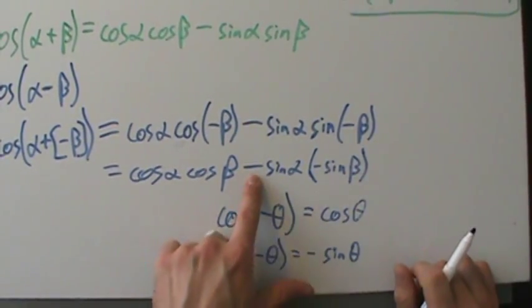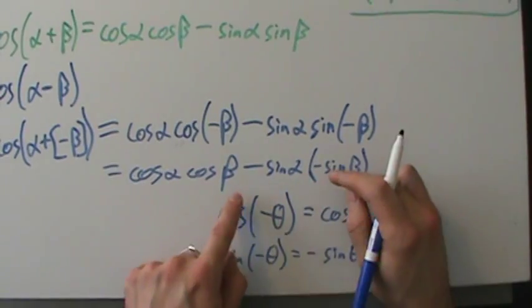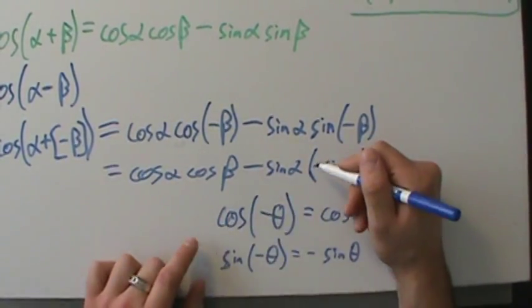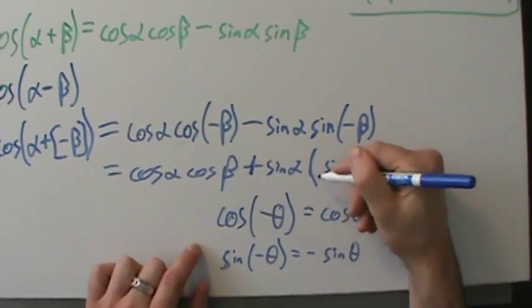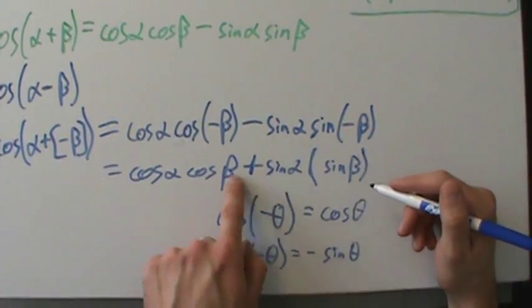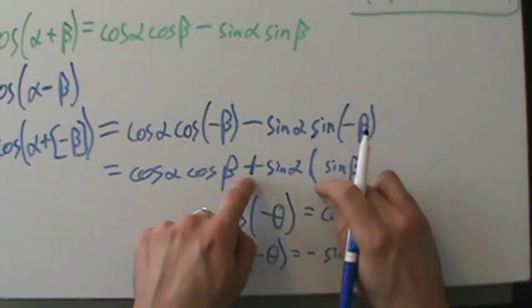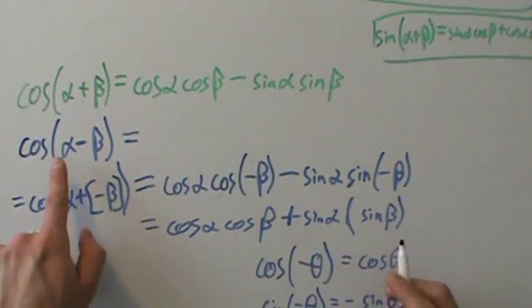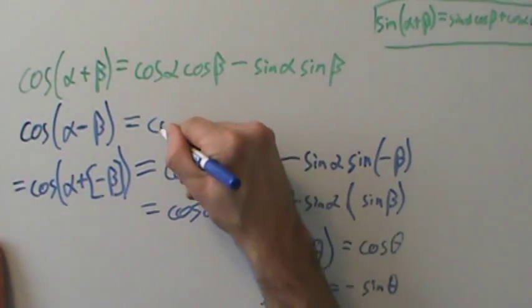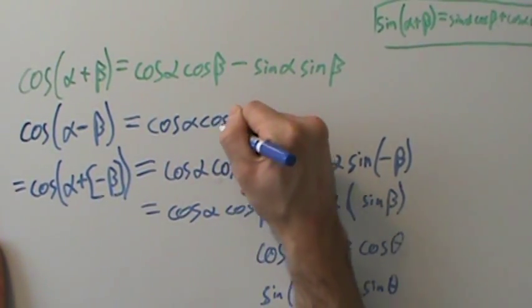So what we have is a negative times a negative, so this actually becomes a plus. Two negatives multiplied together make a positive. So then actually what happens is cosine of alpha minus beta equals cosine alpha cosine beta